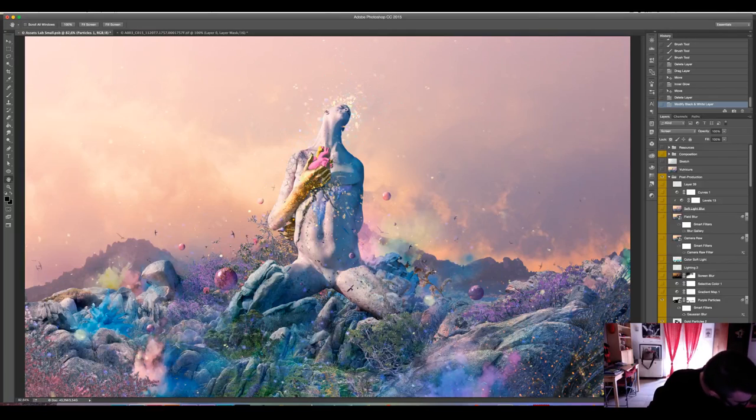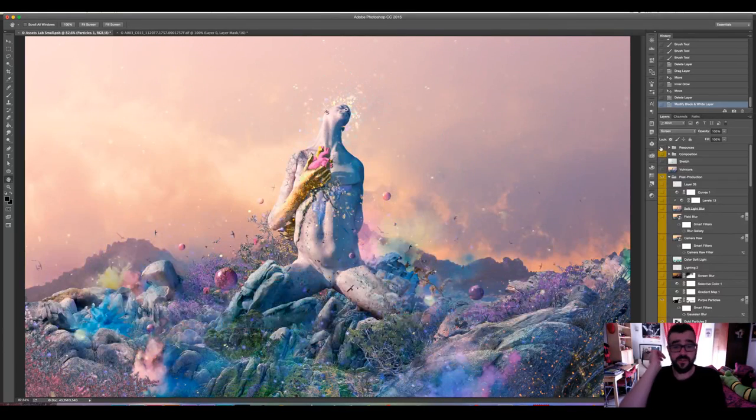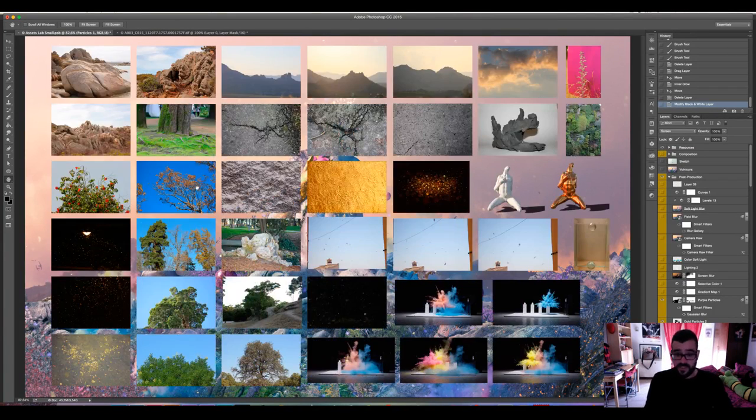Where can I find the see-through spheres? Well, you have two options. You can photograph them by yourself, as I did, or you can create them from scratch in Photoshop using vector shapes and then painting the lighting and the shadows on your own. Any of the resources from this image were downloaded from the internet. All of them were photographed by myself, except the ones that were provided by Adobe and Adobe Stock.